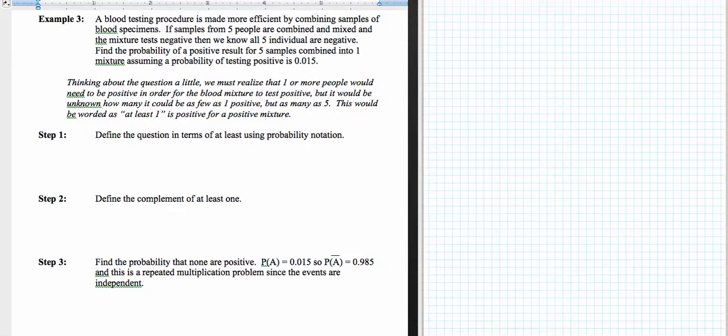So we want to define the problem in terms of probability notation. So what we have is, let's call these